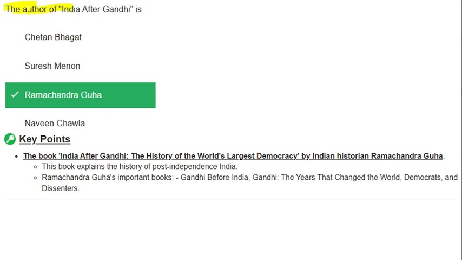The author of India After Gandhi is Ramchandra Guha. The book India After Gandhi, The History of the World's Largest Democracy, is by Indian historian Ramchandra Guha. India After Gandhi explains the history of post-independence India. Ramchandra Guha's important books: Gandhi Before India, Gandhi: The Years That Changed the World,